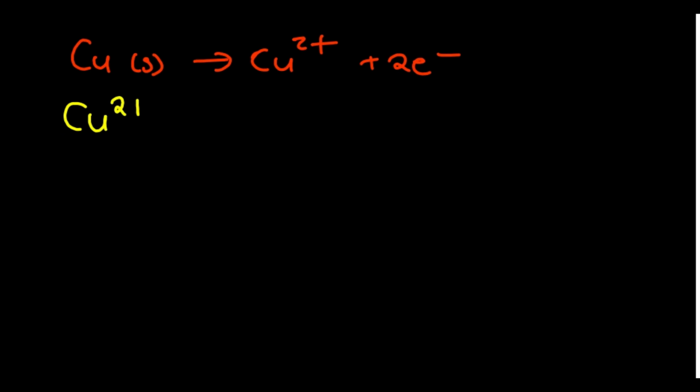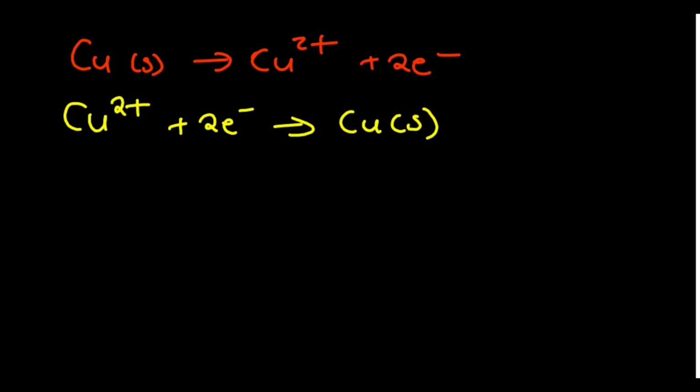If we had copper in one case, the copper solid emits copper 2 plus ions with 2 electrons, and on the other side we expect that the copper 2 plus ions in the solution will gain the 2 electrons and become solid. So we understand that